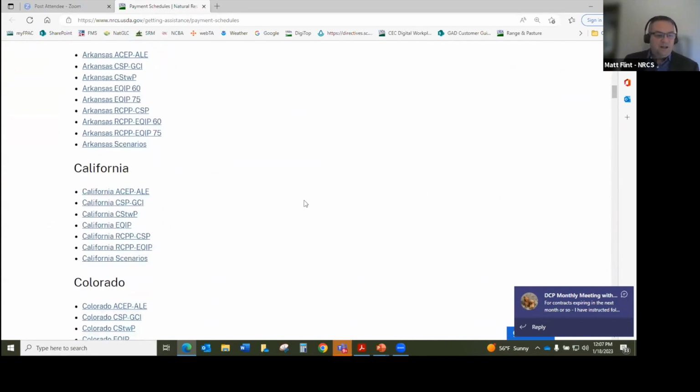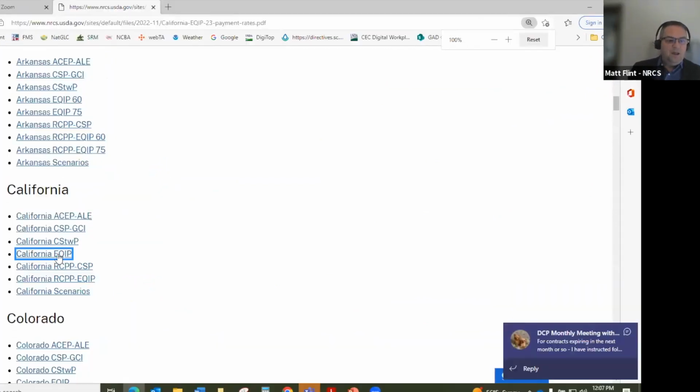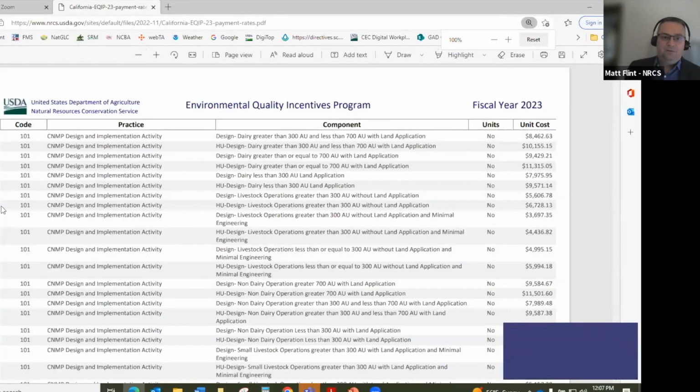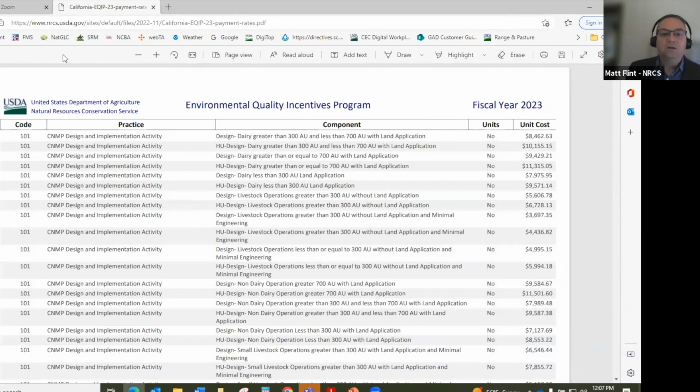Michael, if you go ahead and click on California EQIP, it's going to open a PDF file that's like 1,200 pages long. Oh, it's just 80? Oh, I know what this is. This is the scenarios. It's in numeric order by code. And we know that this fiscal year, practice code 808 is the critical one for soil carbon amendment. So Michael, if you can roll down to 808,